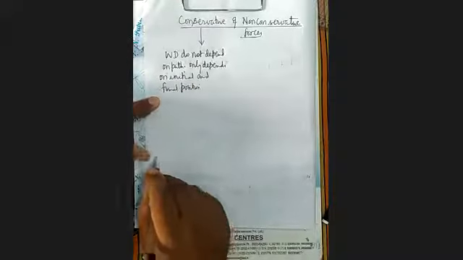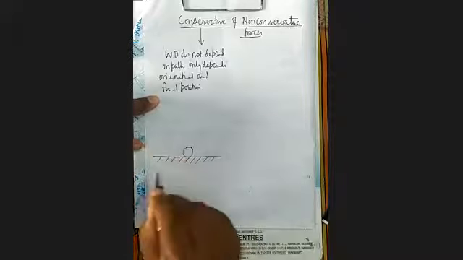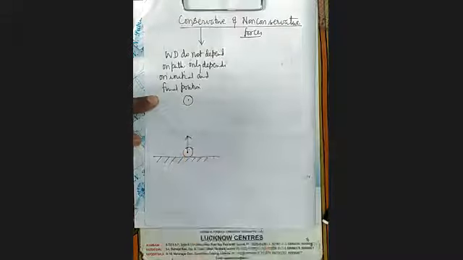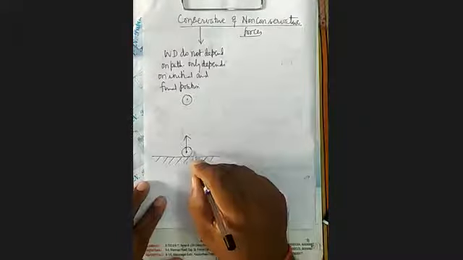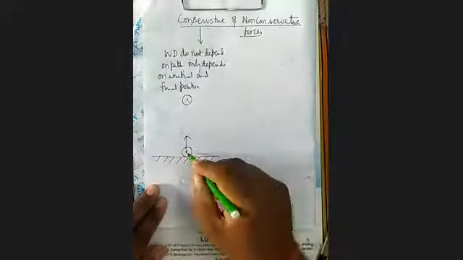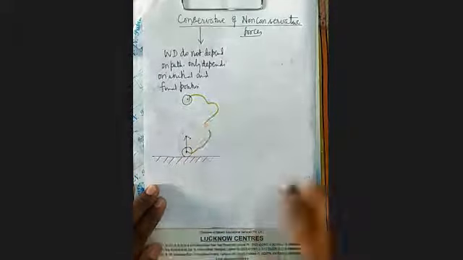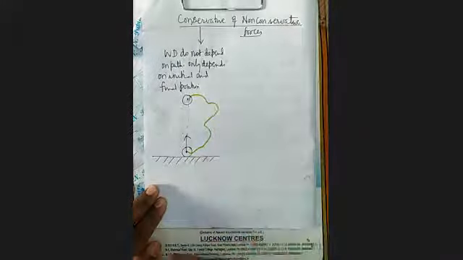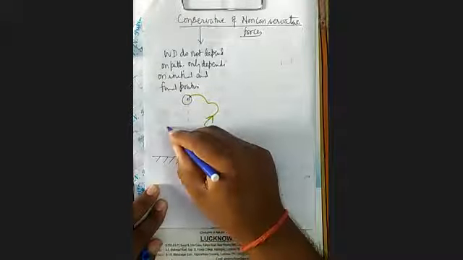Now see here, suppose this is the ground and you are carrying a body from this position to this position. Once through this way, it's clear. Then you are carrying it from here to here, through this path. Once you have taken it straight vertically upward, then you have taken it through this way. Then you have adopted some other way, in which case there will be more work.